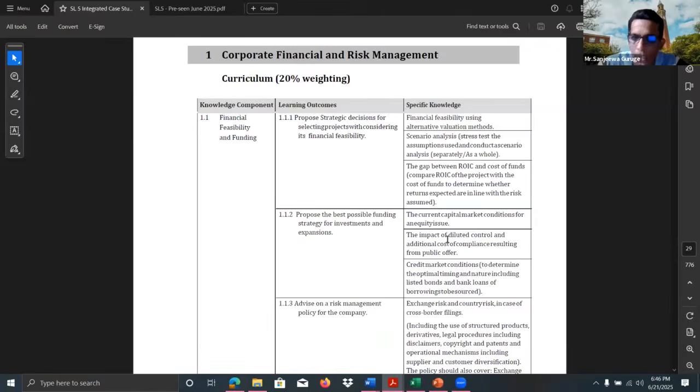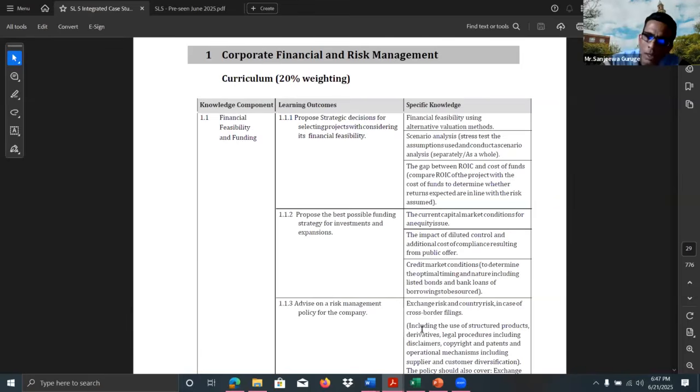Investment and financing decisions, and in addition to that, the risk management part. Today we know that when organizations make these financing decisions, we have to face various types of risk. To minimize this risk, what are the different techniques, what are the different alternatives that the organization can use? So these points also we need to discuss.